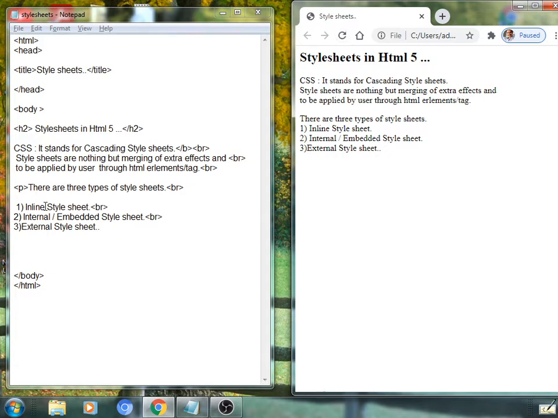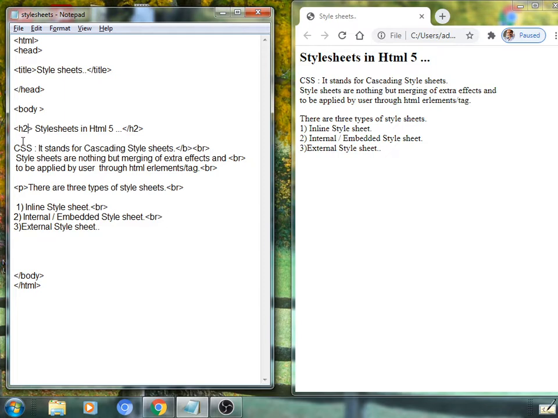It means that if you have used a few more tags like h2, p, body or any other physical style tags like bold, italic, underline, etc. So the third type of style sheet, the inline style sheet, is the most simple and convenient for preparing.